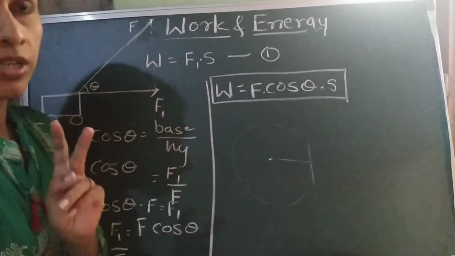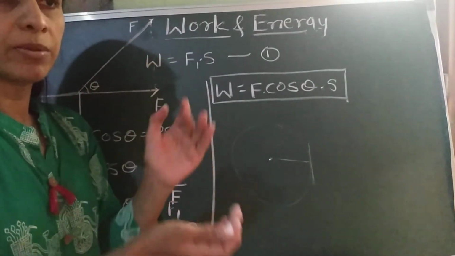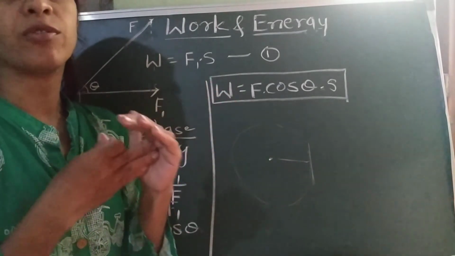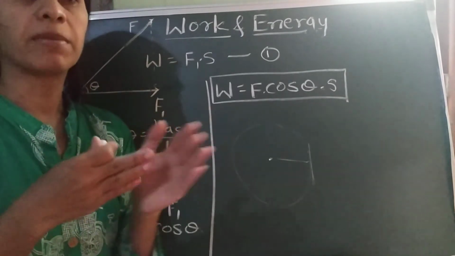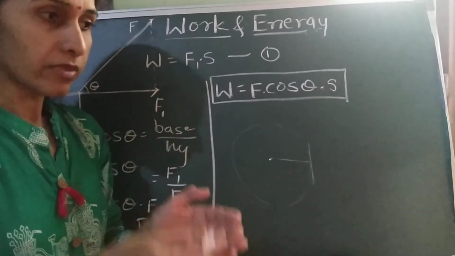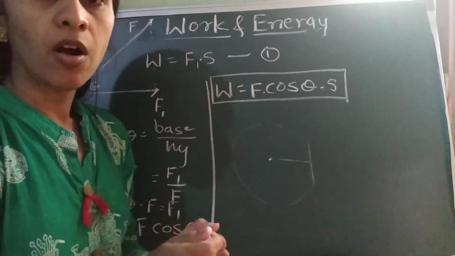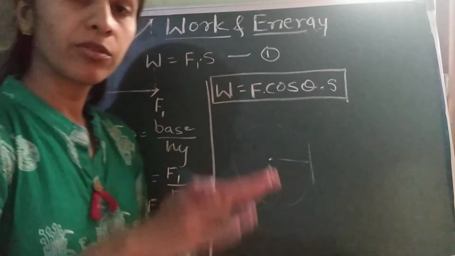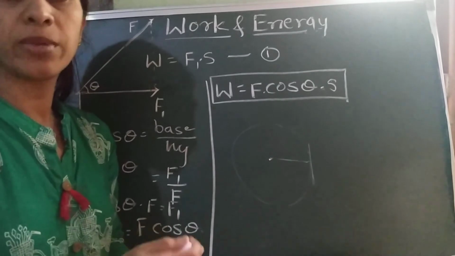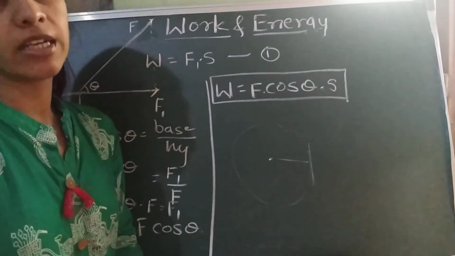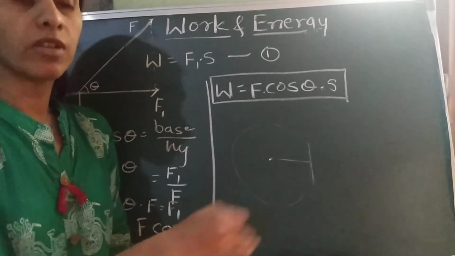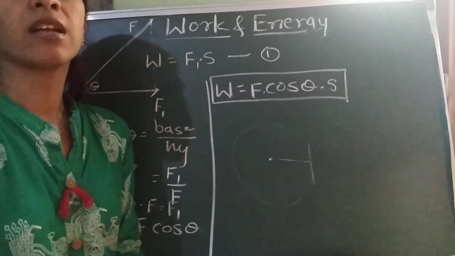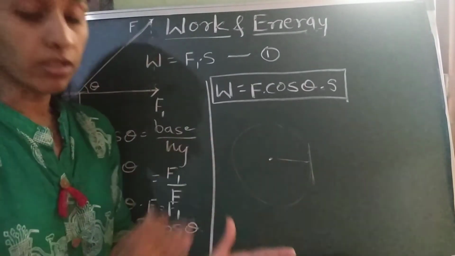Work is done when an angle is formed, say 30 or 40 degrees, and we can consider that angle. But there is no work done when the applied force is in a perpendicular direction and no displacement occurs. Suppose you are applying a force on a block in the perpendicular direction. If you apply the force downward, the object cannot be displaced, it remains in its original position. It will not go forward or backward. There is no displacement, so there is no work done.